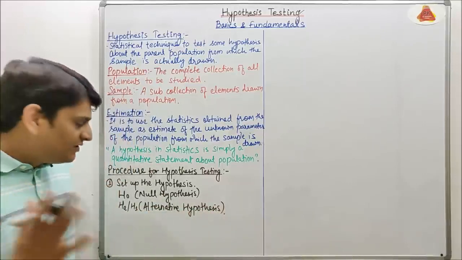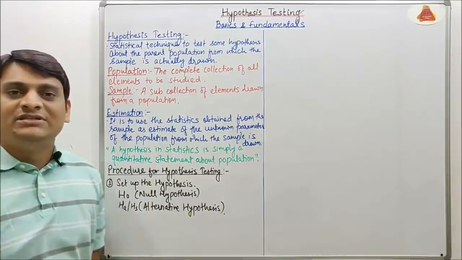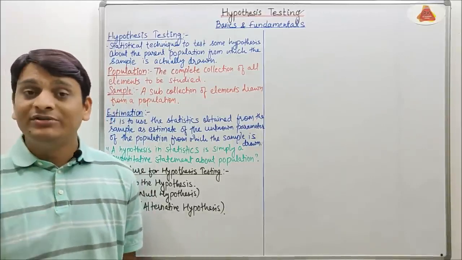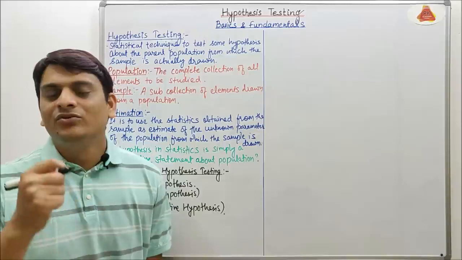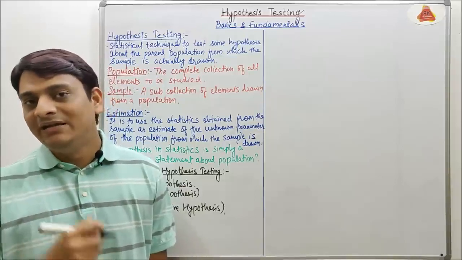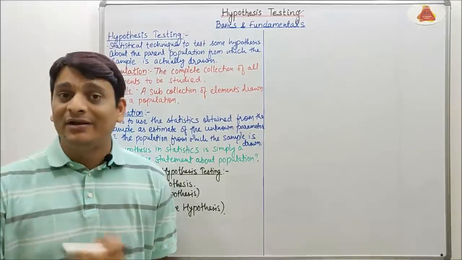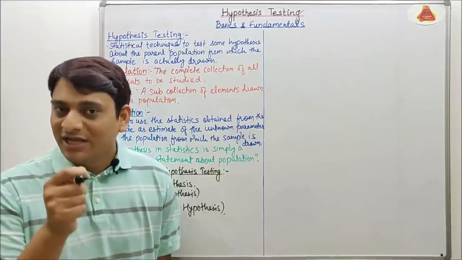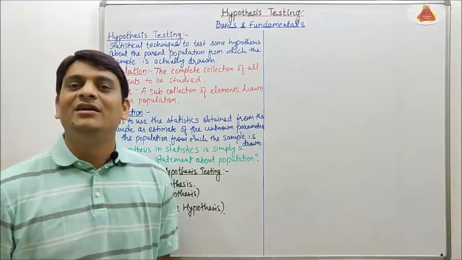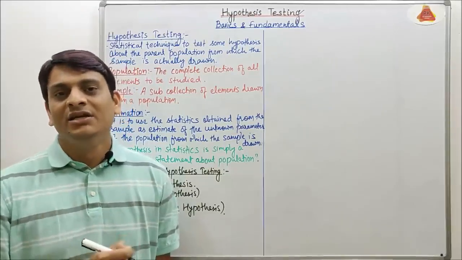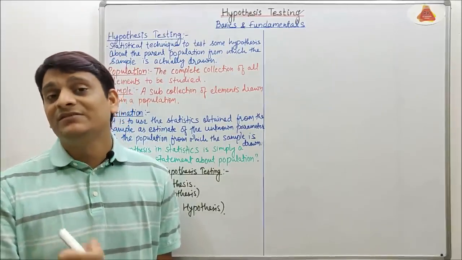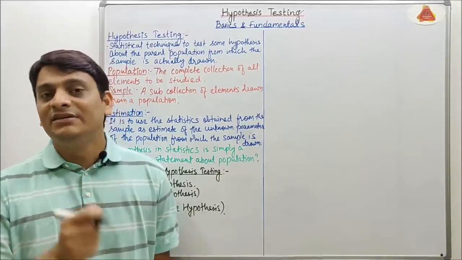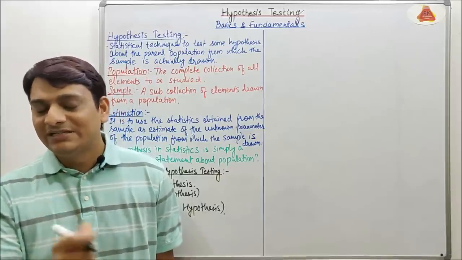So coming to the first one, which is H naught or null hypothesis. What is the meaning of null? Null means invalid, void, or amounting to nothing. It means there is no real difference between the sample and the population in the particular matter under consideration. So if the null hypothesis passes, then the null hypothesis will be accepted and the alternative hypothesis will be rejected. And if the null hypothesis fails, then the null hypothesis will be rejected and the alternative hypothesis will be accepted.